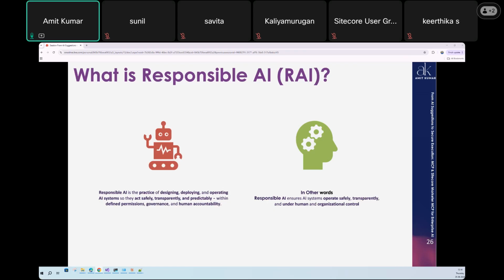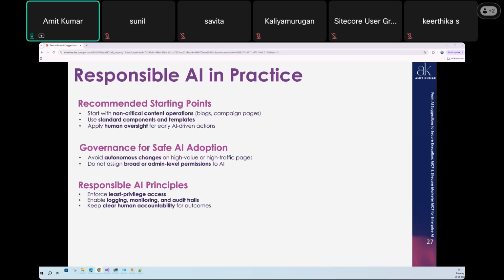Those types of small steps or confirmations need to be added, so that if someone gives 100 items to be updated in Sitecore, it doesn't go and create all the data in the same location. So you always need to add human accountability for whoever is running your automation tools. In simple words, it enforces least privileged access. That's why I was telling you not to use a service account or admin account, because whoever is running it should have the accountability and use their own